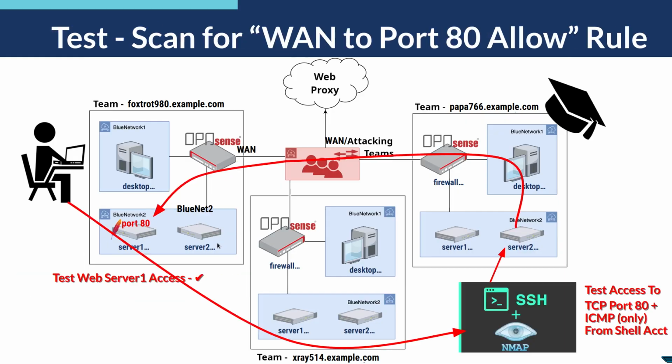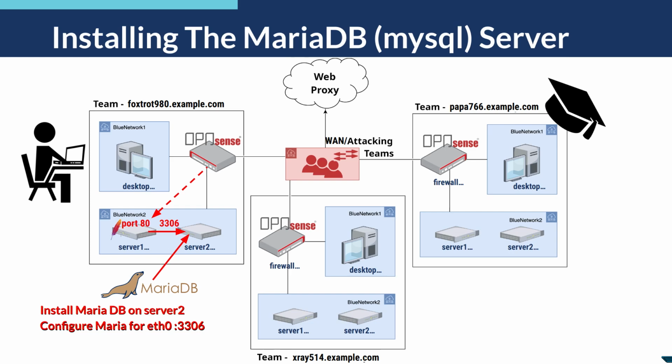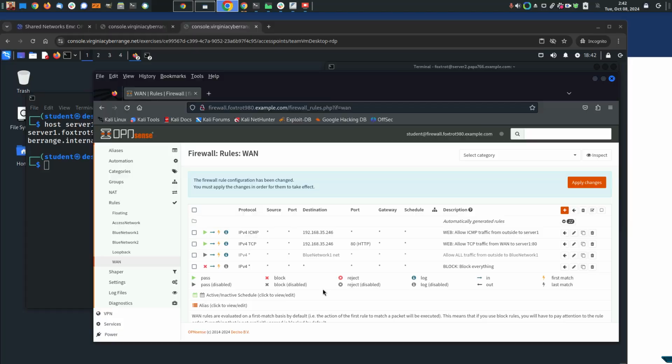All right, so that kind of got my requirements for getting this locked down a bit. I went ahead and did this scan. You saw me do that. I tested web server access to 1. Now I'm going to go ahead and install MariaDB on server 2. I think it's MySQL. I get confused. MySQL got replaced with MariaDB, and I've seen MariaDB listed on the Ubuntu repos, but right now when I pull up, it's bringing up MySQL. So we're going to install MySQL and configure it to expose port 3306,